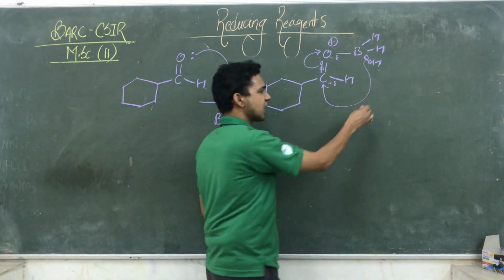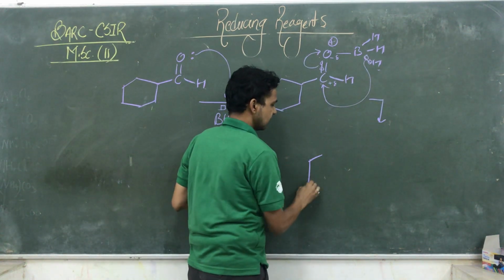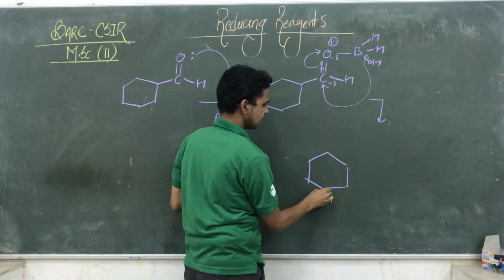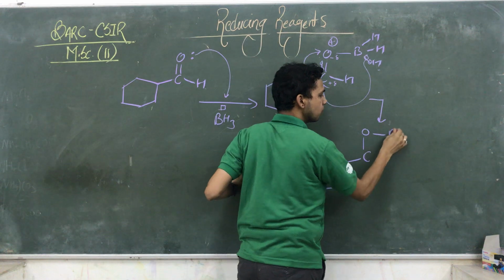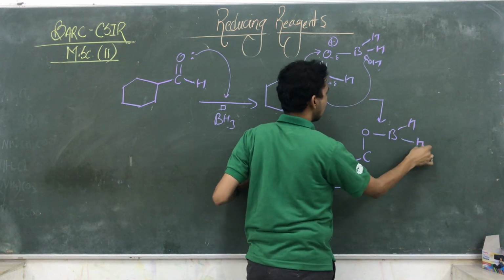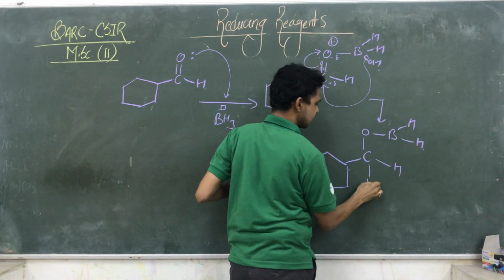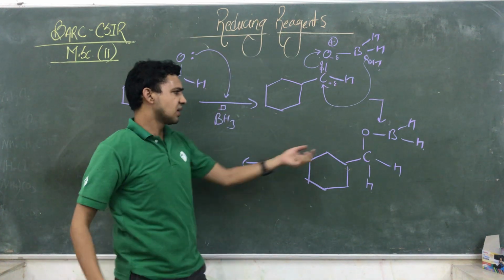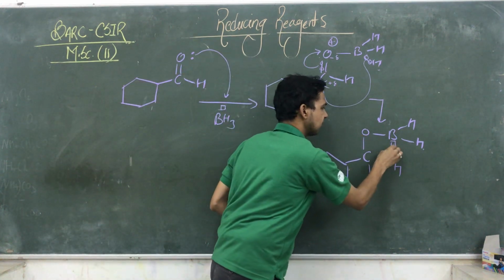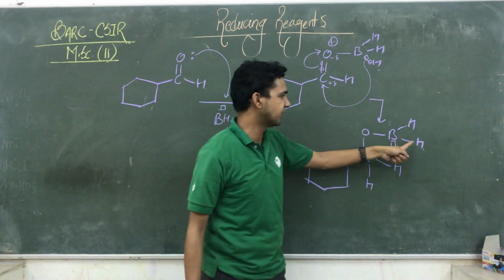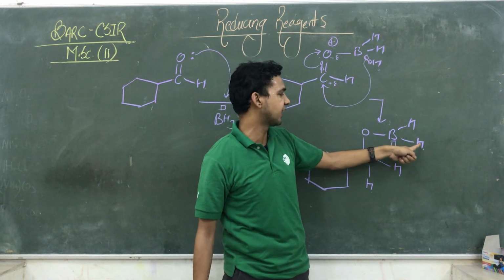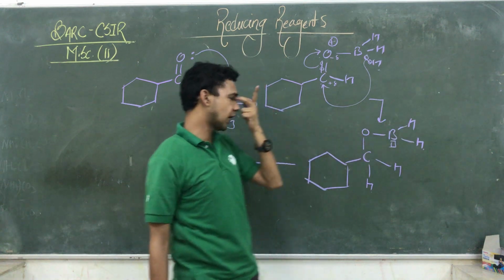So which type of complex structure are we getting? We are getting C, this bond is moving outside, O, B, H, H. One H is here and one H is here. Again we have developed a vacant orbital. So this reaction is repeating at least how many times? How many hydrogens are available? Hydride is available 1 to 2 times more.